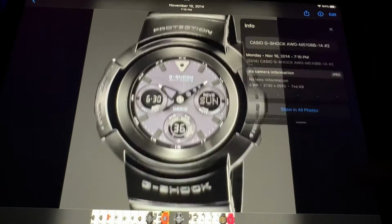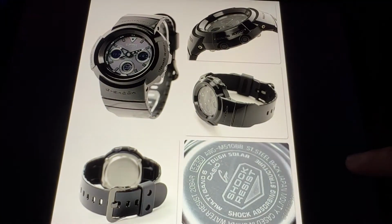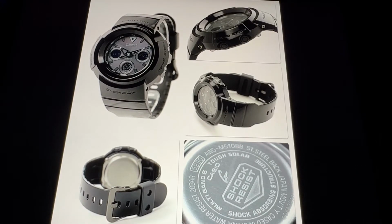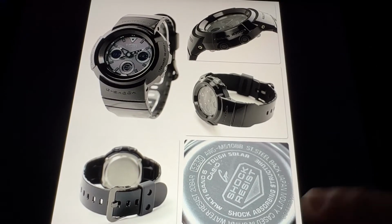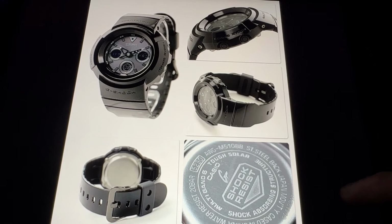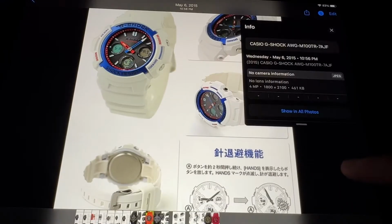Here's a better view. It's a 2014, released on November 10, 2014, AWG-M510BB-1A. So yeah, everything around is black. The buttons are black, lettering's glossed, matte, you name it. Awesome, awesome. And then we have another analog digital, which is of course the AWG